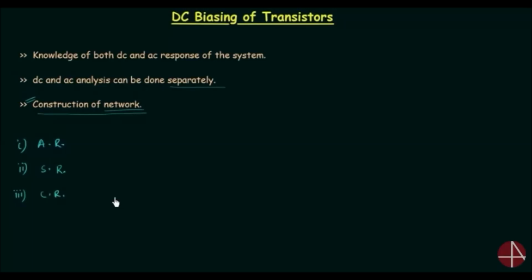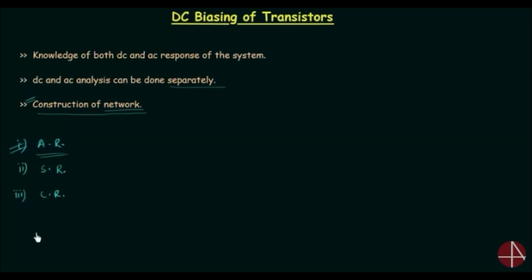To use transistor as an amplifier, transistor is biased in active region. This is something we already know. To use transistor as an amplifier, transistor must operate in active region. We already know what is biasing. Biasing is the process in which we apply external DC voltages to select the appropriate or proper operating point. So we need to bias the transistor in a way so that the operating point of the transistor remains in active region.